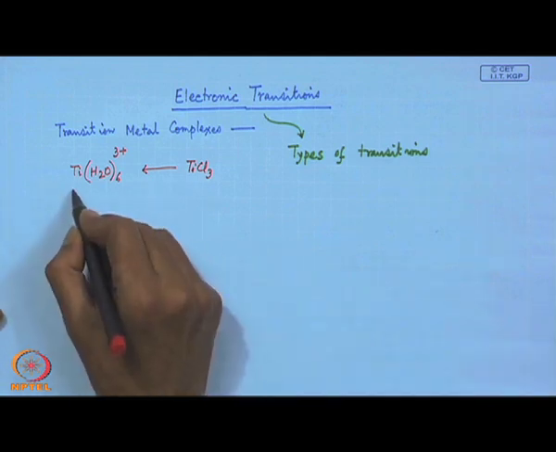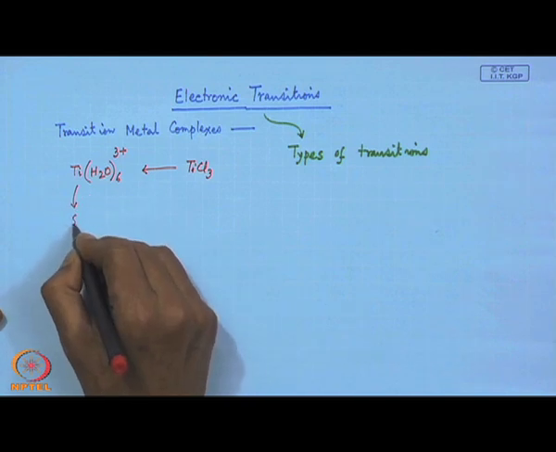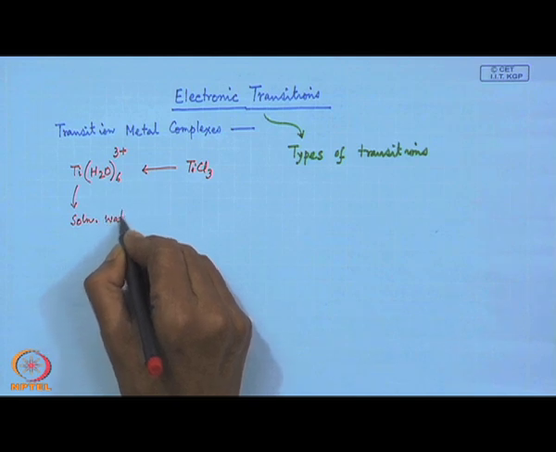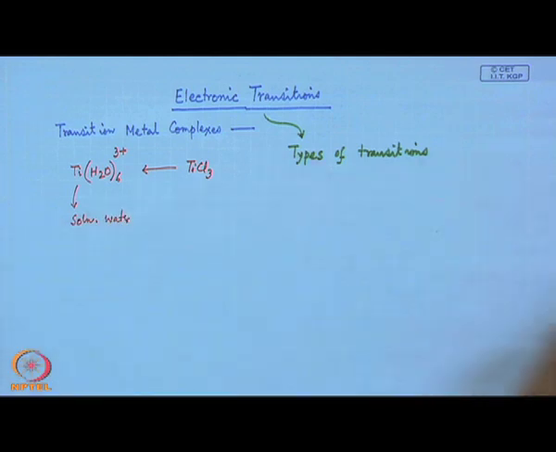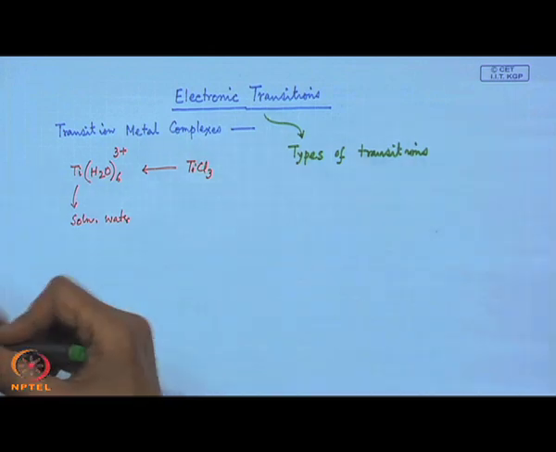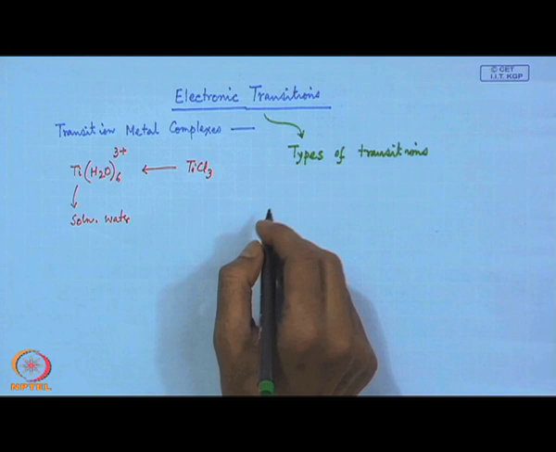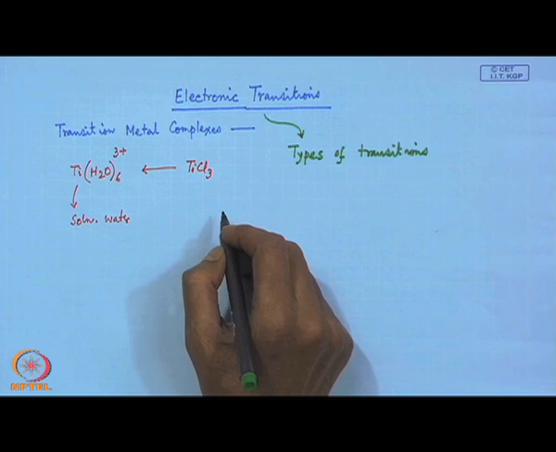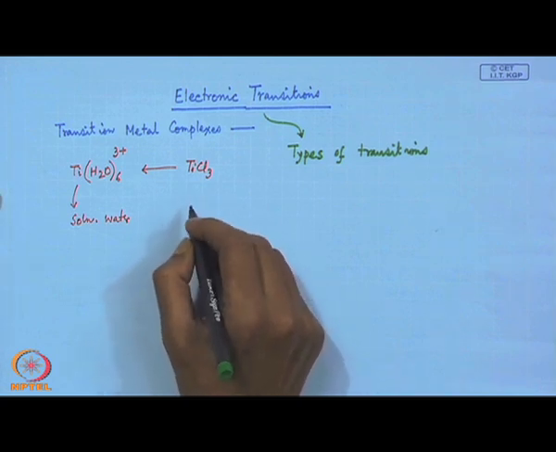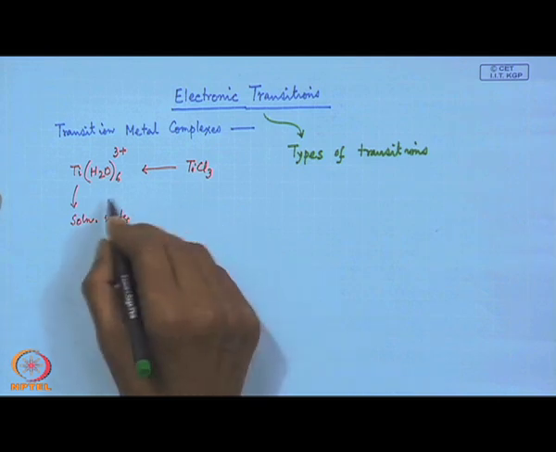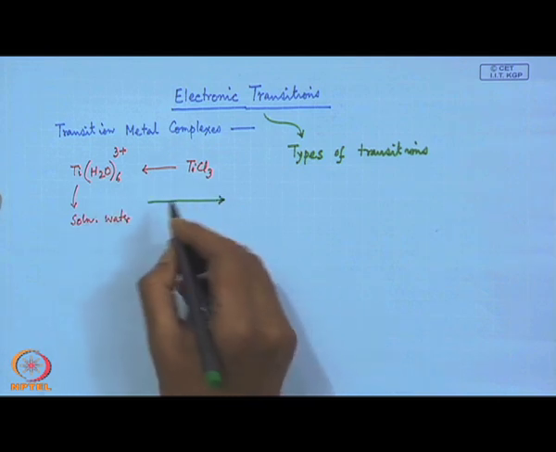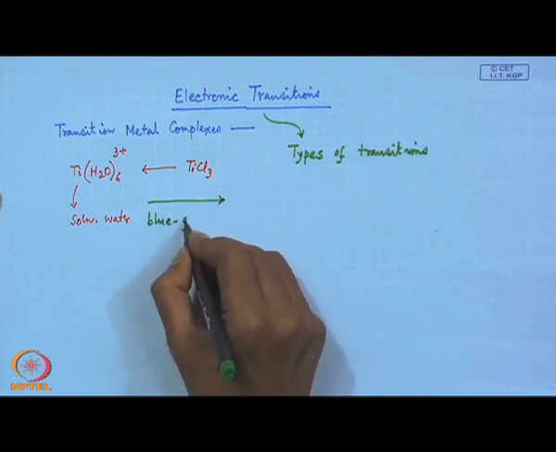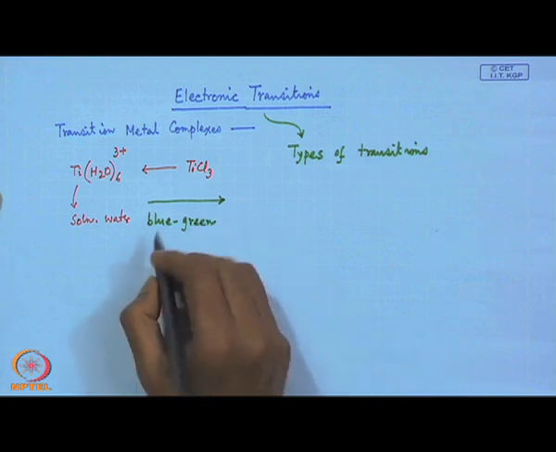When we make the solution of this particular species, since we are dissolving in water, it is a solution in water, and we can have the corresponding multi-electron system if we have more than one d electron for this particular ion. We basically see that when this complex is exposed to blue green light, so wavelength corresponding to the blue green light,